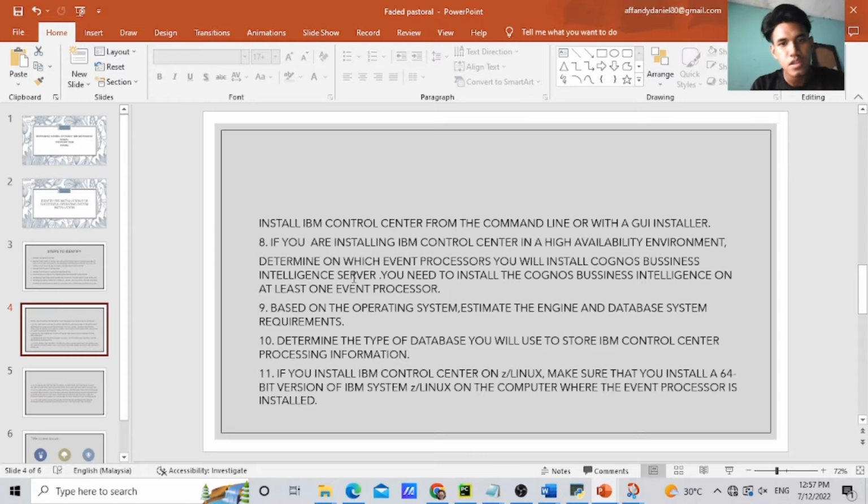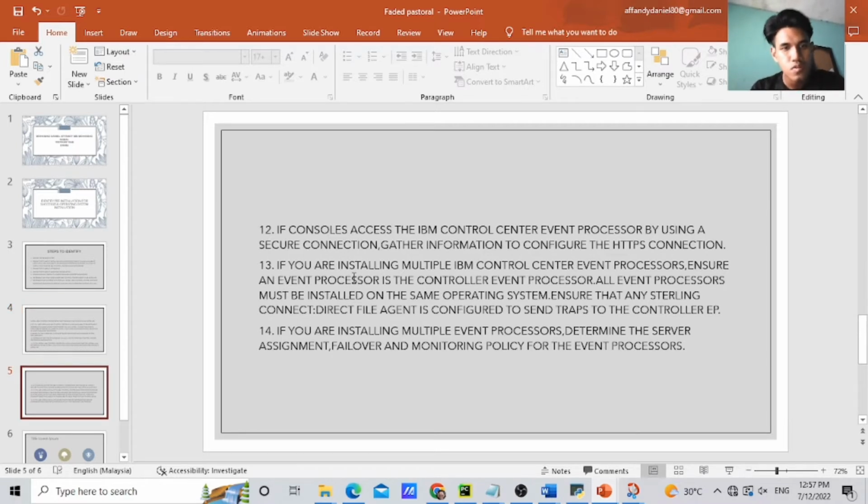And then determine the type of database you will use to store IBM Control Center processing information. Then, if you install IBM Control Center on zSeries Linux, make sure that you install a 64-bit version of IBM System z Linux on the computer where the event processor is installed. 12. If clients access the IBM Control Center event processor by using a secure connection, gather information to configure the